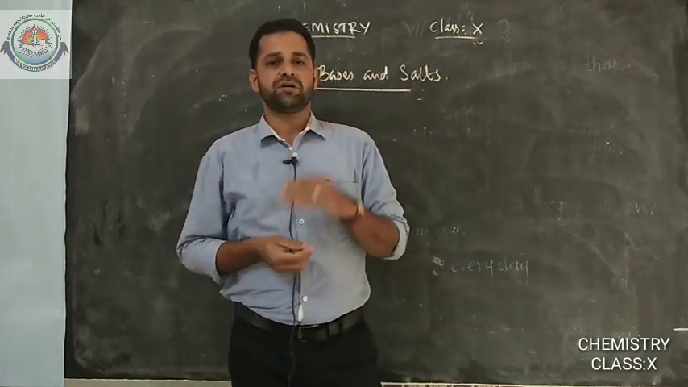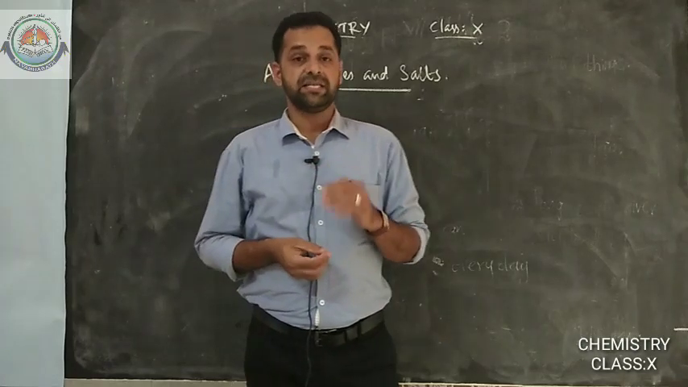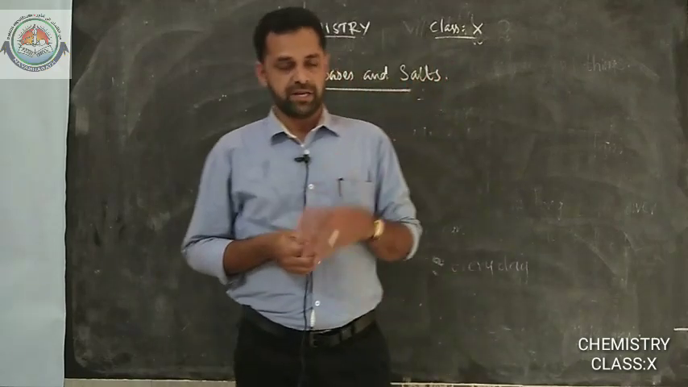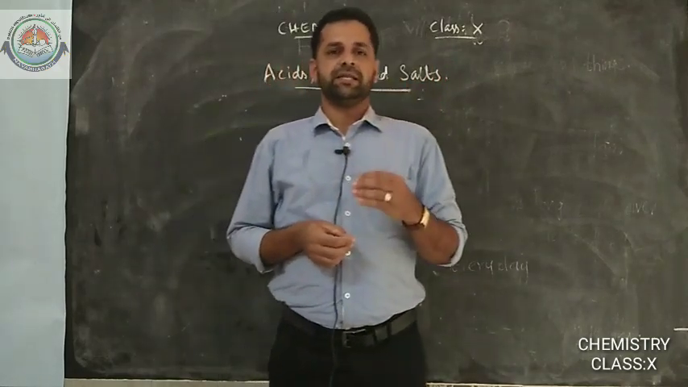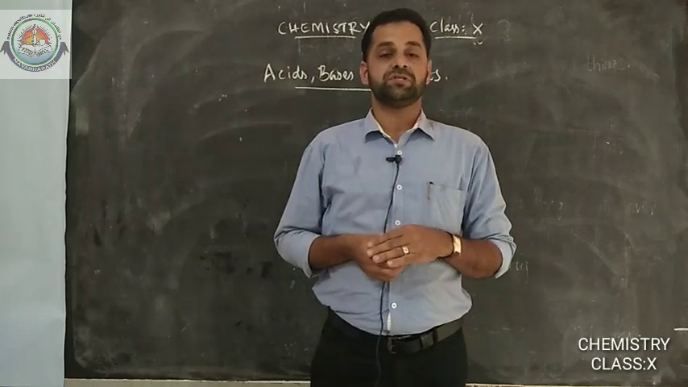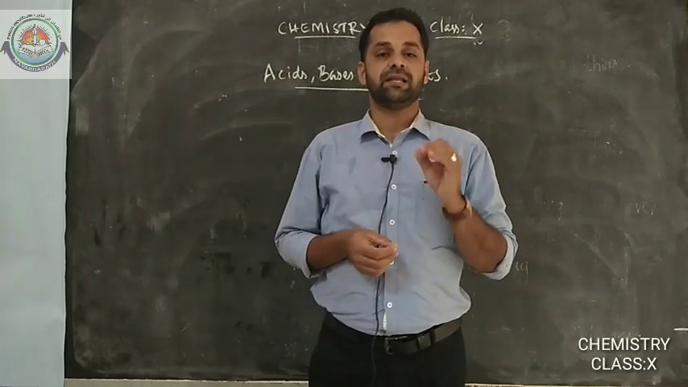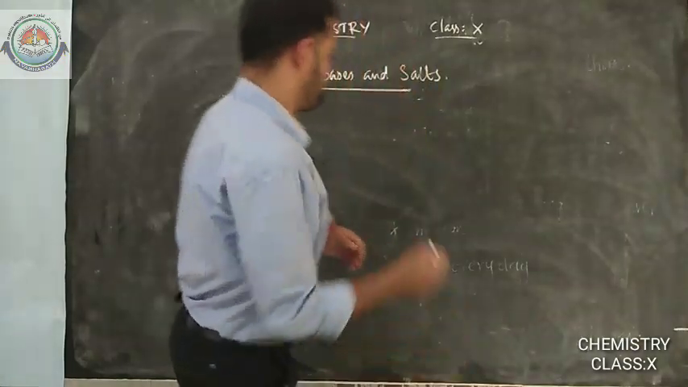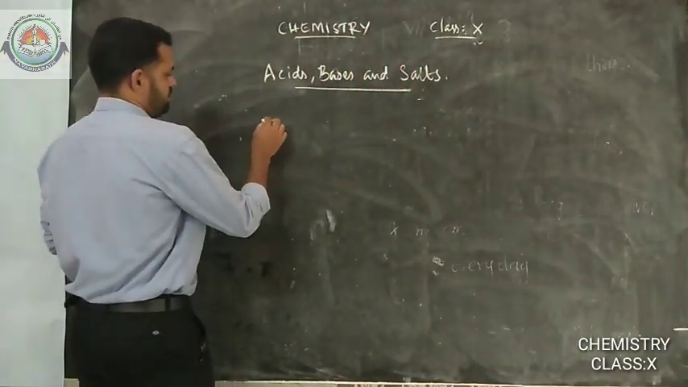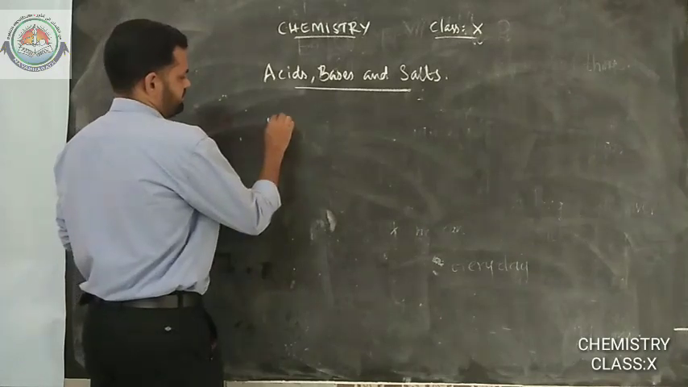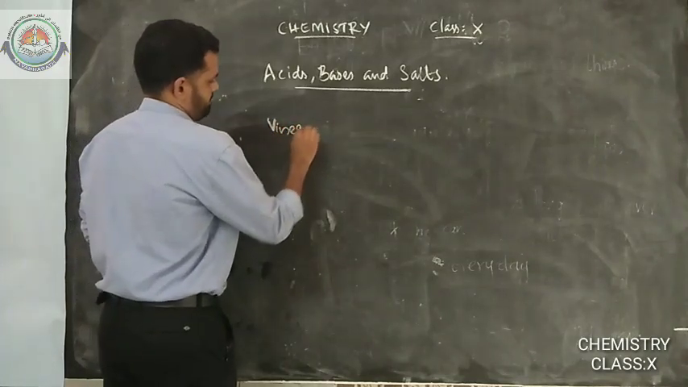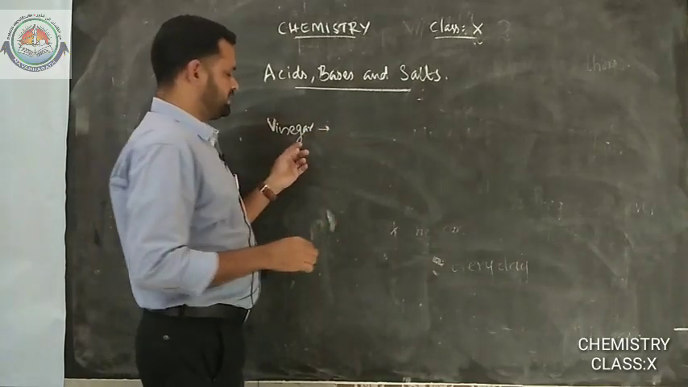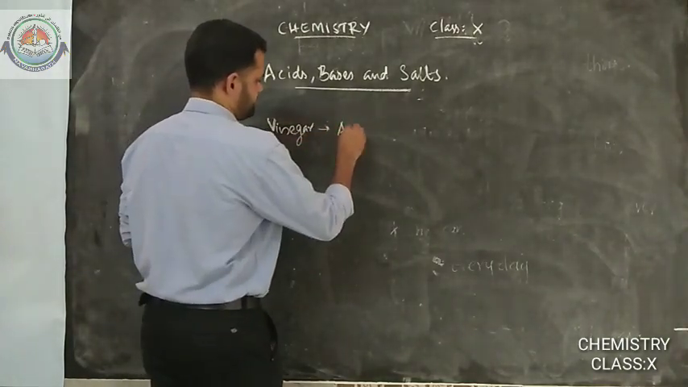So the substances which are sour in taste are acidic in nature. The acidic nature is due to the presence of a particular acid in that type of substance. For example, vinegar. See, the acid that is present in vinegar is acetic acid,